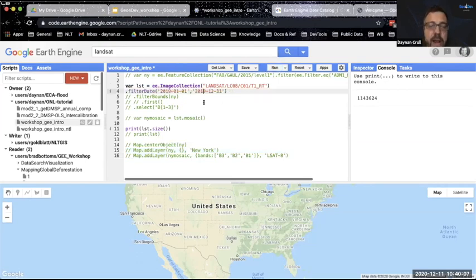Let's say I just want to filter for the images that fall between January 1st and December 31st of 2019. Okay, we've narrowed it down to 150,000 images, which is still a lot. One of the other things you can do, and we'll cover this again in more detail, I'm just going through these concepts right now. Don't worry if it's going quickly. We will get into this more.